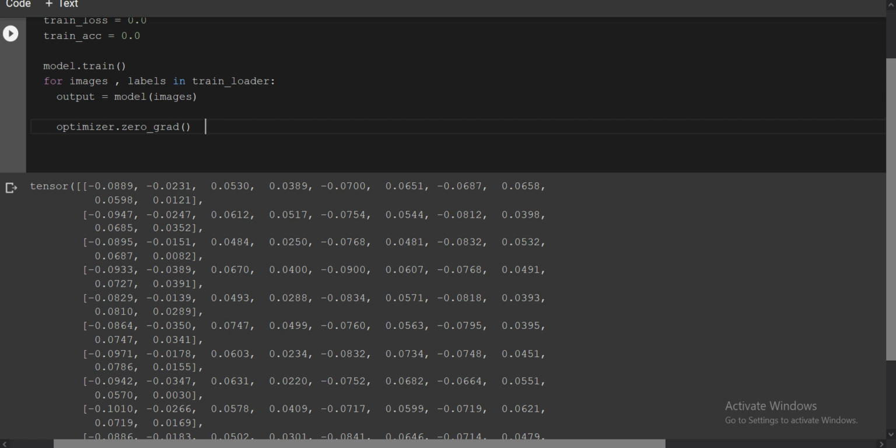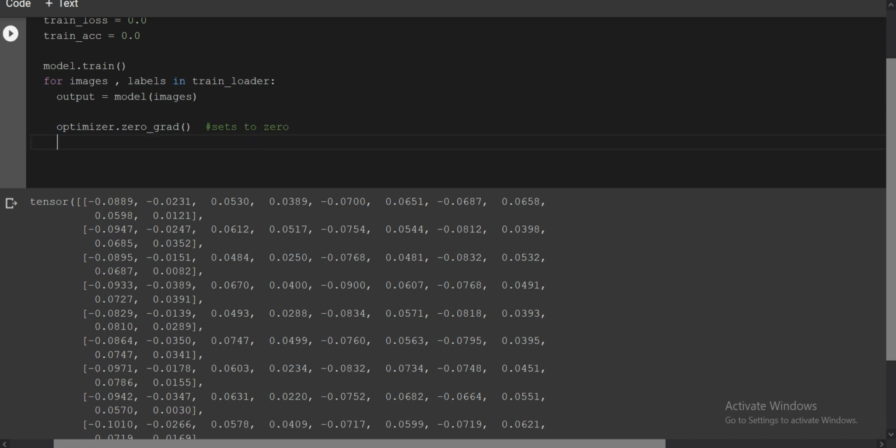For the first iteration they calculate the gradient and update the weights. So you are just setting the gradient to 0. Now you will calculate the loss.